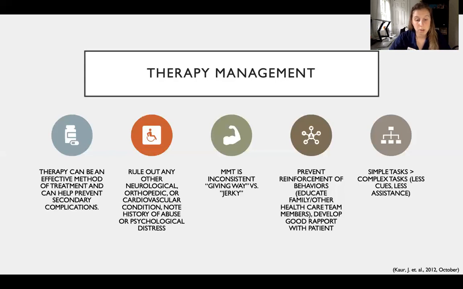Because of the psychological component of conversion disorder, behavioral modification should be incorporated into the treatment session. A patient with conversion often assumes the role of a sick person, like I had said before. When people recognize their illness, this reinforces their behavior. In a therapy session, when these unwanted behaviors occur, avoid commenting on the impairments and only give positive feedback when the patient performs well with their normal movements, strength, and gait. The therapist should educate family members and other team members and healthcare providers on the behavioral components so that things stay consistent.